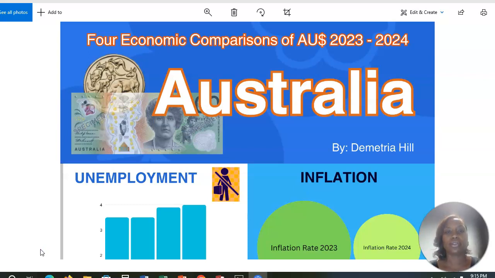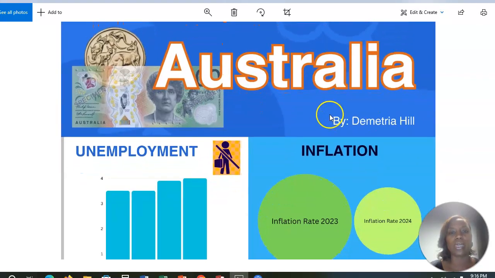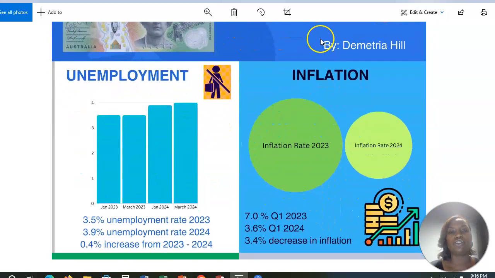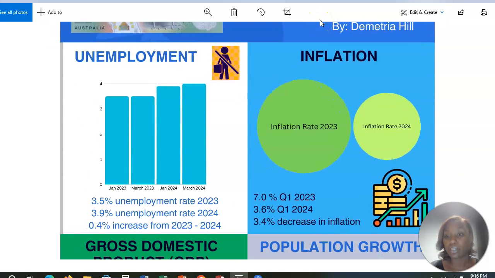So, in my comparison, I selected 4 different parts of the country that I want to talk about today. I thought it was really neat to see the Australian money, so I included that at the top of my project. And the first economic evaluation that I selected is unemployment. So unemployment, I think, gives a good view of how the country is really doing. I think it shows you how well things are going and gives you an idea if they're at their potential